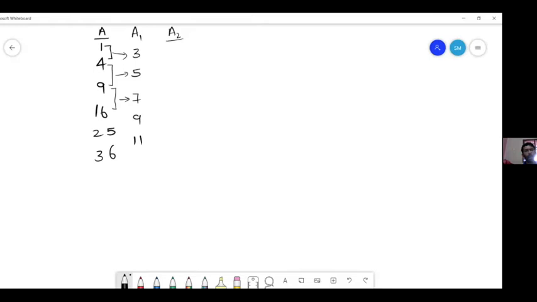Now, if I repeat this operation further, I get all twos. That is, I take successive differences of this sequence, right? And I get all twos. And if I repeat this one more time, I get 0, 0, 0. Right. So now, when you see this, do you get any questions, or are there any thoughts?